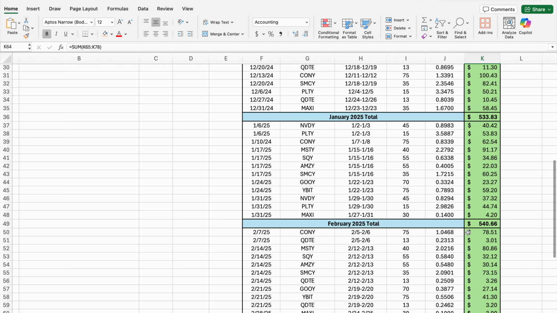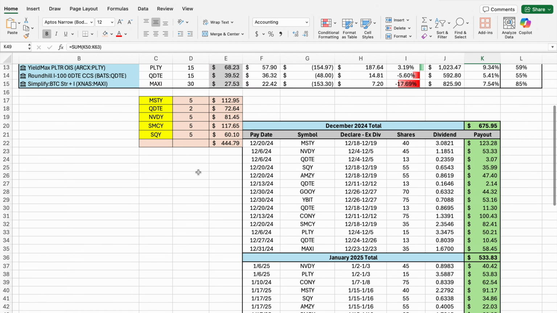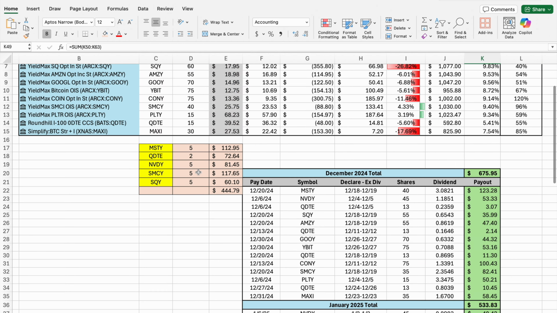Now, we do have that $540.66 total from February. And as promised, that will be reinvested into the portfolio to lower our cost basis. That's demonstrated right here in this highlighted table. Excuse me. I put together this plan and I executed this plan today. So I decided to buy,